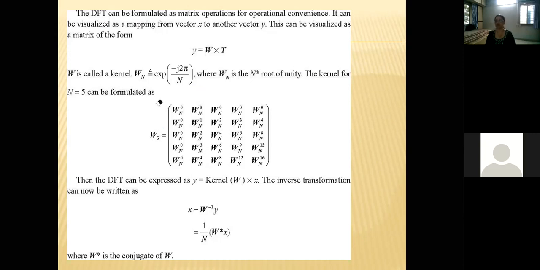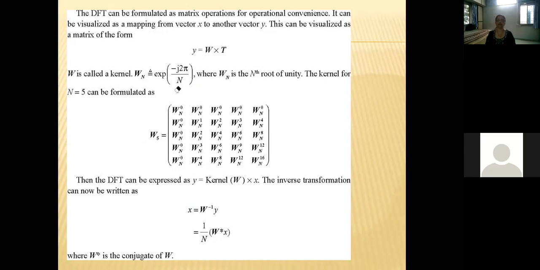And your U also varies from 0 to 3. So this matrix size will be W4. Now I request all of you to determine matrix W4 by using this equation. Substitute value of W as shown here and determine this 4 by 4 matrix for DFT forward transformation kernel, and type your very first row of result in the chat box.